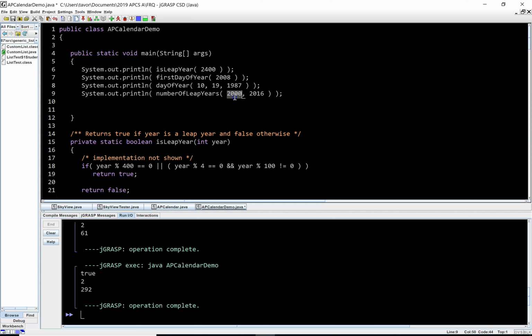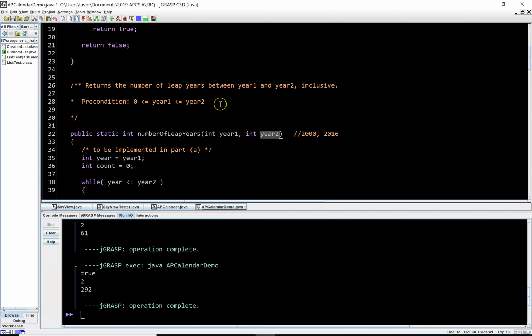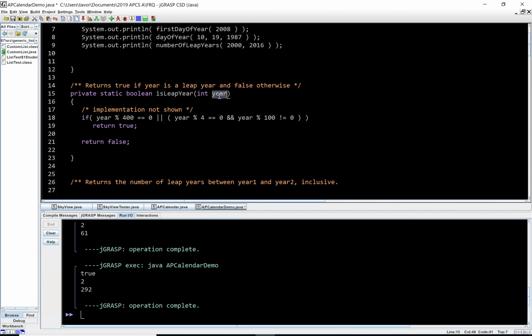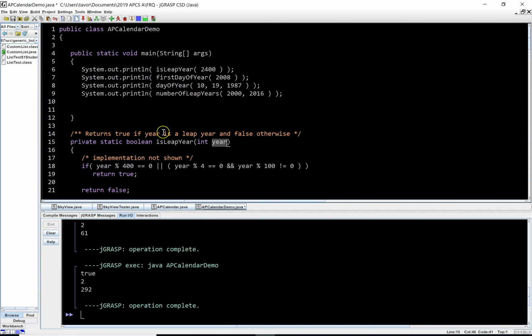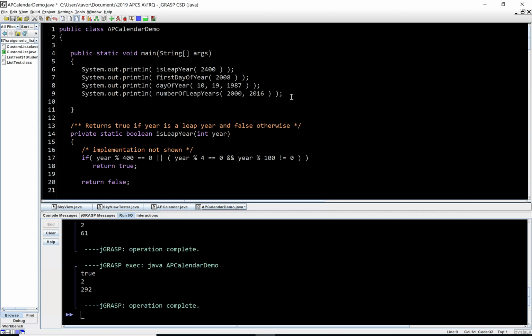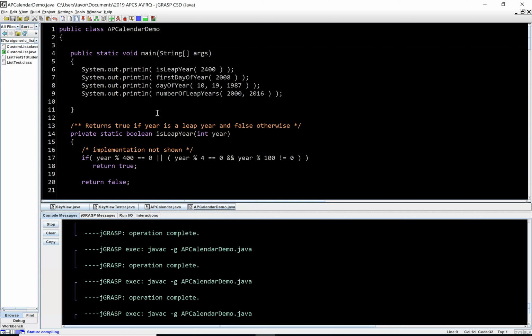Now notice how there's 2 arguments that map to 2 parameters. Right here, there's only 1 parameter, and so that's why I only send it 1 argument, 1 value. Now this should return, by my count, 5 leap years between the years 2000 and 2016,